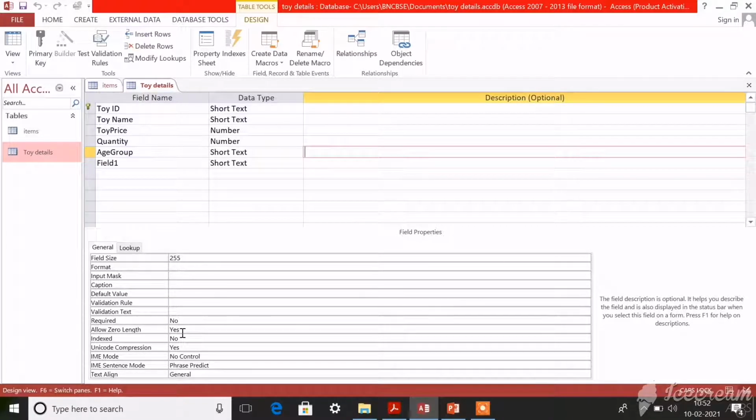I'll tell you one more thing. If the required field is assigned yes and allow zero length is also assigned yes, then you can create a field and leave that field empty also. You will not get any error message. But if required is set to no and allow zero length is set to no, then the data must be entered in the field during data entry.